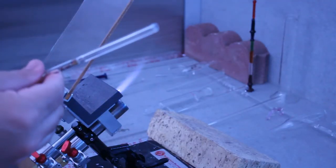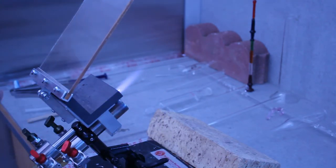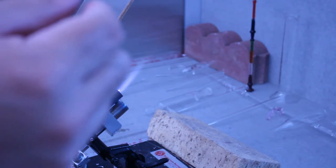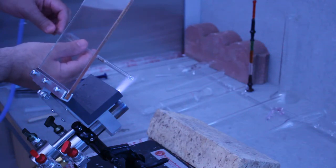And see, look at that. I spoke too soon. Once I started fire polishing it, it actually caused that to crack. So I'm going to have to remove that section of glass. I'll just go ahead and fire polish it for safety. You can see, yeah,